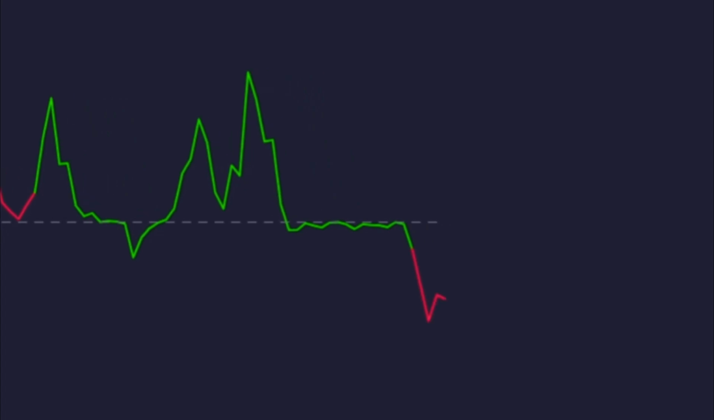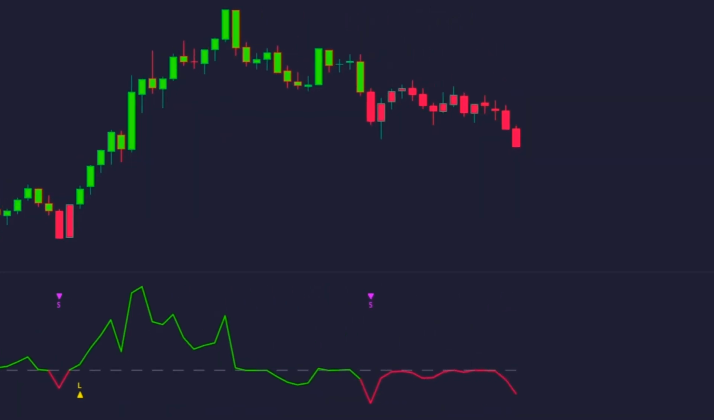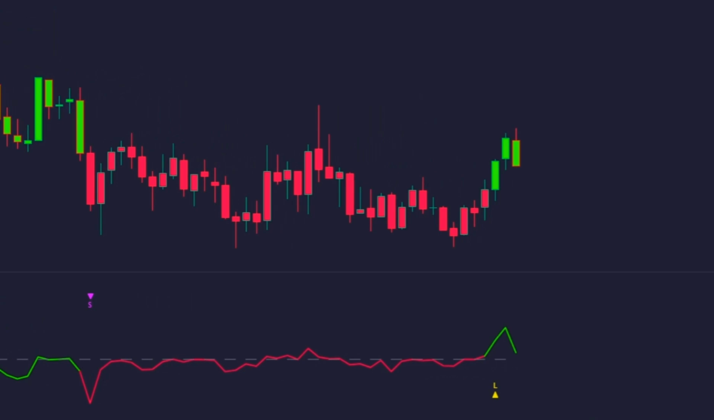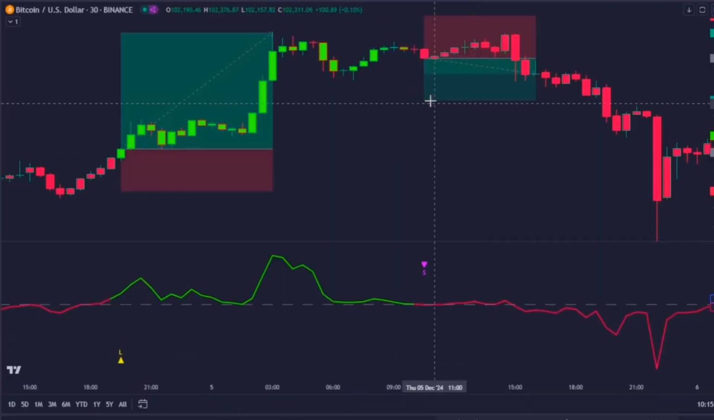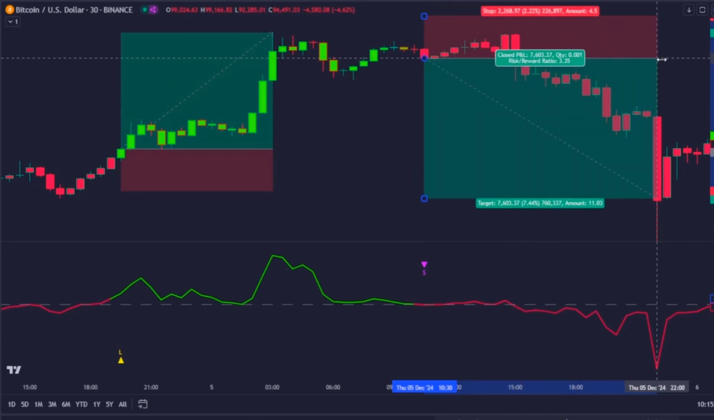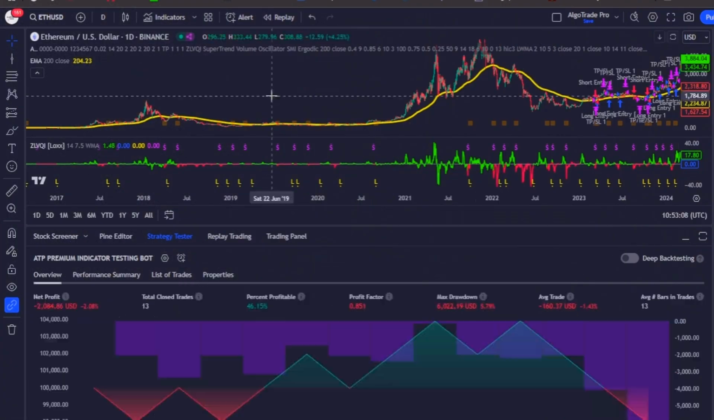Today we are diving into the Zero Line Volatility Quality Index, a new oscillator designed to identify highly accurate buy and sell signals based on market volatility. I will show you how to use it effectively and test it on almost 6,000 trades to see how it